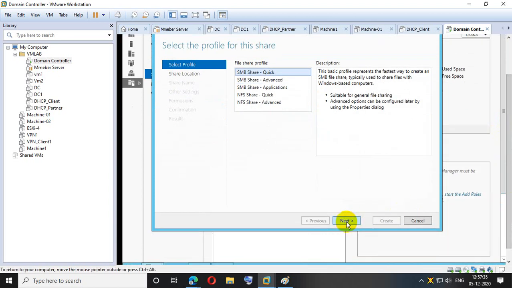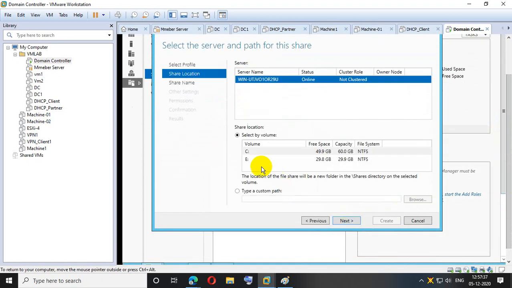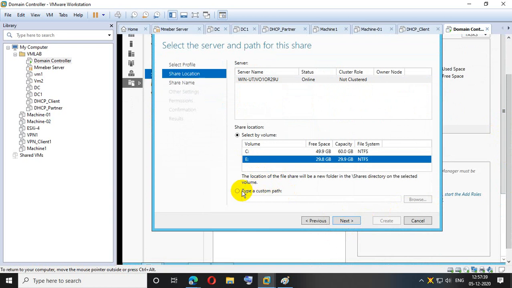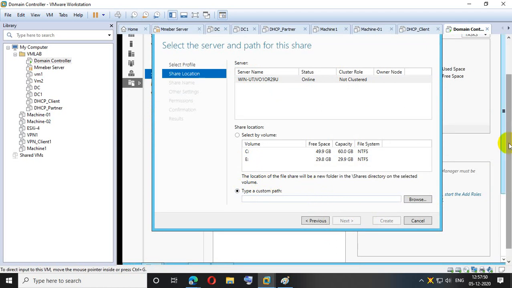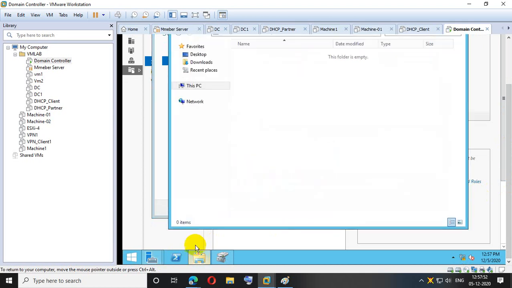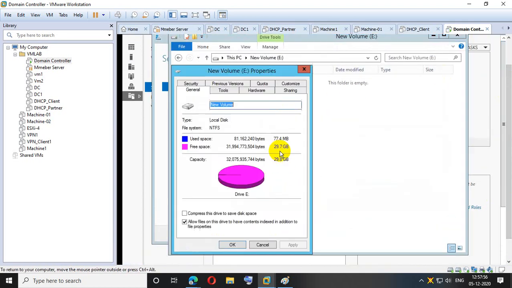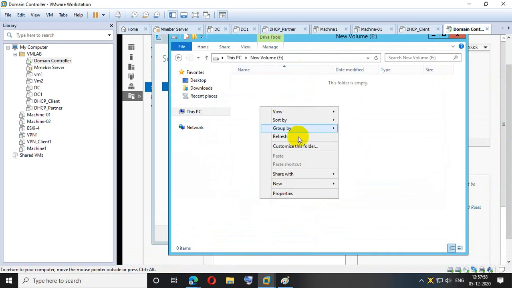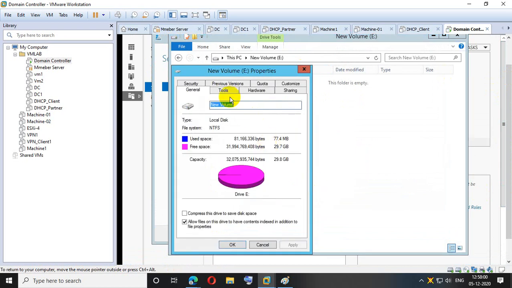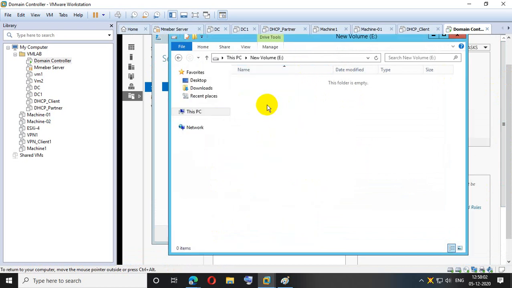Just click next, choose the E drive or type the custom path. Let's say profiles.